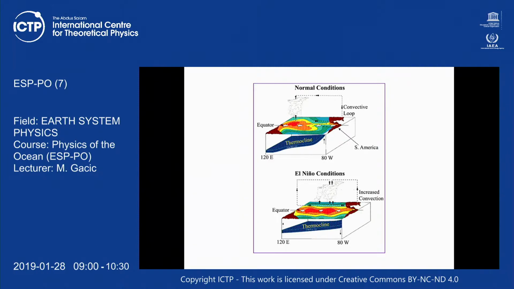And in El Nino conditions, what happens is that the wind which blows in the normal conditions along the coast doesn't appear as strong as it usually is. And as a consequence of that, there is no upwelling along the coast, and the coastal area is relatively warm. So there is no cold area